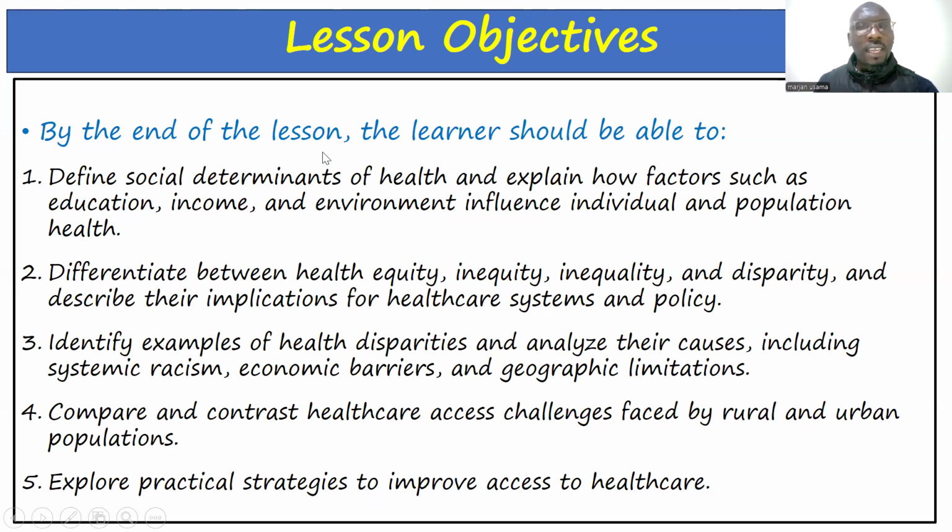Number one, define social determinants of health and explain how factors such as education, income, and environment influence individual and population health. Number two, differentiate between health equity and inequity, inequality, and disparity, and describe their implication for health care systems and policy. Number three, identify examples of health disparities and analyze their causes, including systemic racism, economic barriers, and